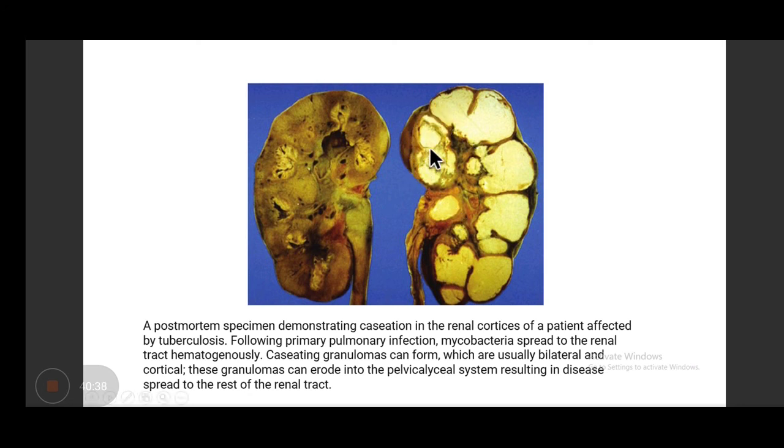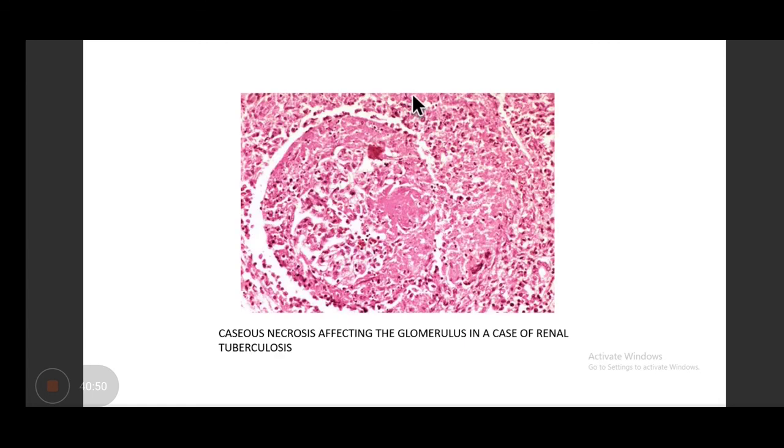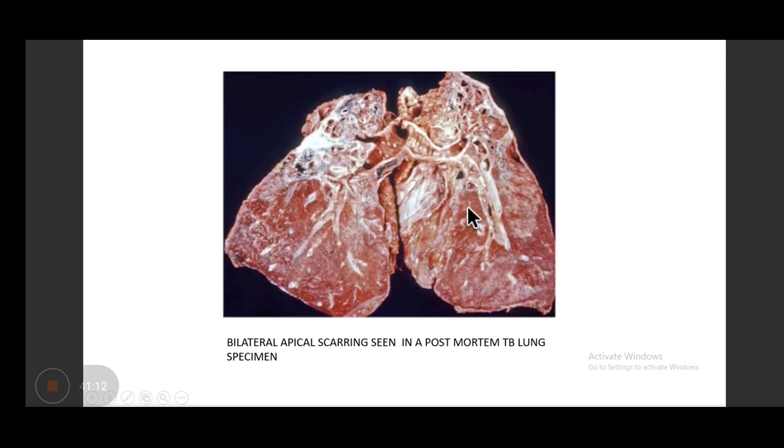And grossly, you'll tell me a famous name in renal TB, especially radiographically: a calcified non-functioning kidney, TB kidney. What is it called? Here you can see in this patient we had caseous necrosis affecting mainly the glomeruli as well as the tubules. Architecture is completely lost. You can see these pink amorphous structureless debris. This is caseous necrosis in this case of renal tuberculosis, and you also have some infiltrates.